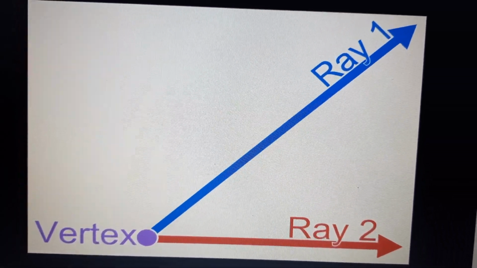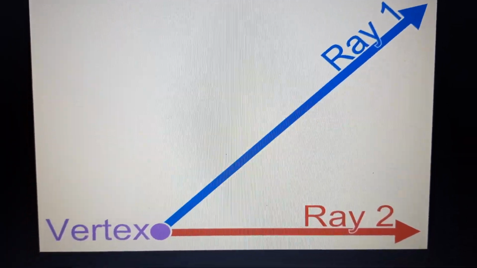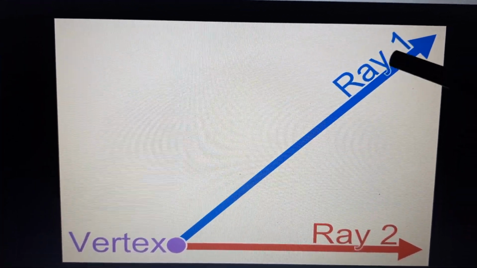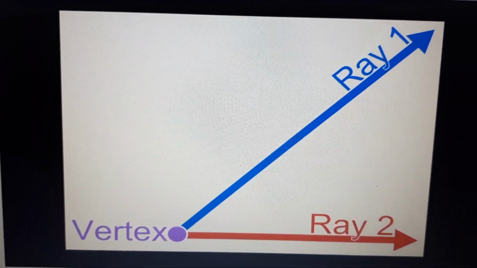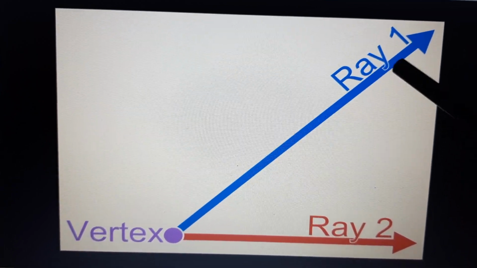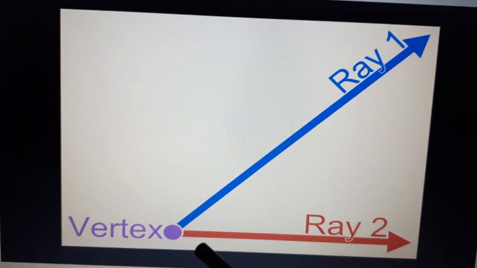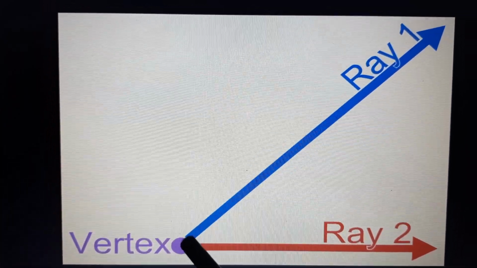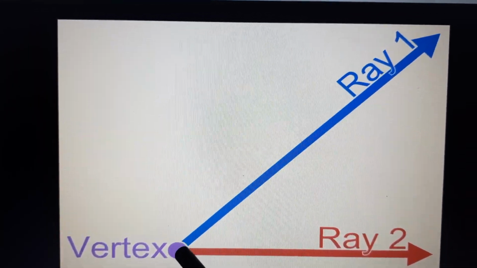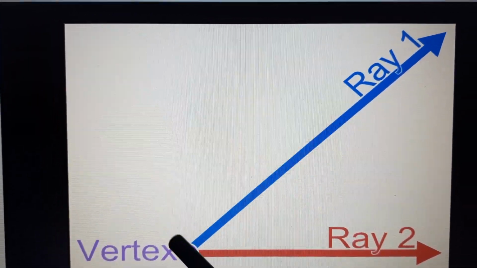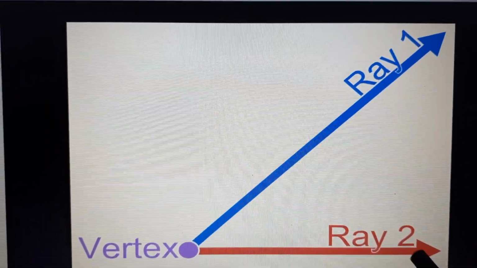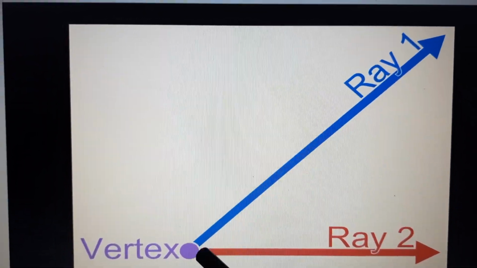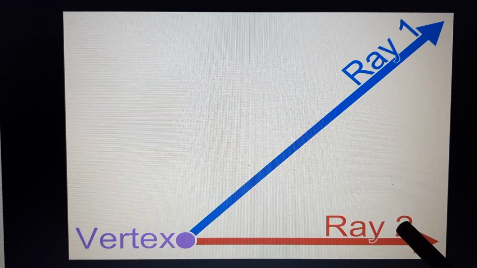You can see the length that they have extended. So ray 1 is one of the arms and ray 2 is the other arm. Now these two arms, ray 1 and ray 2, are joined because of this vertex, children. Okay, so the vertex is the joining point or originating point. And how do we name this ray? Suppose it's A, B and C. So we call these rays BA and BC. We will see all that clearly later on.